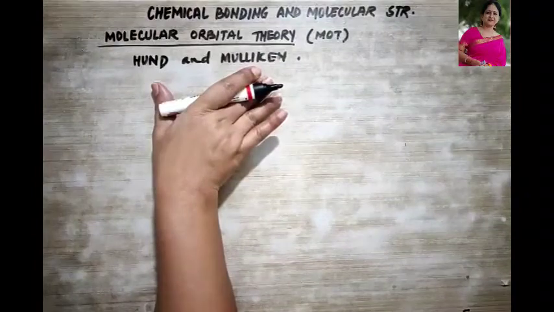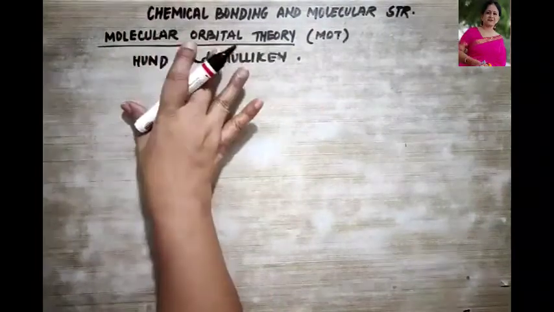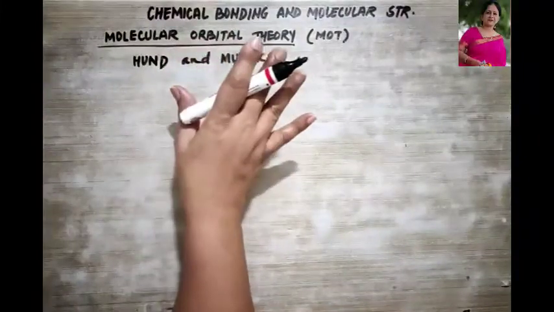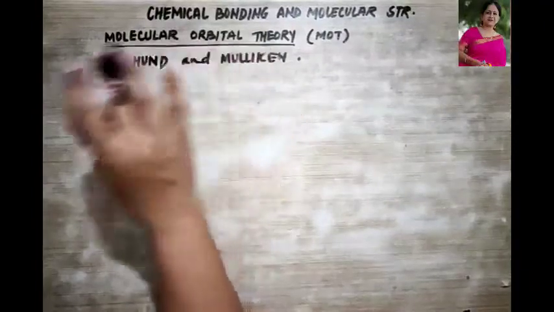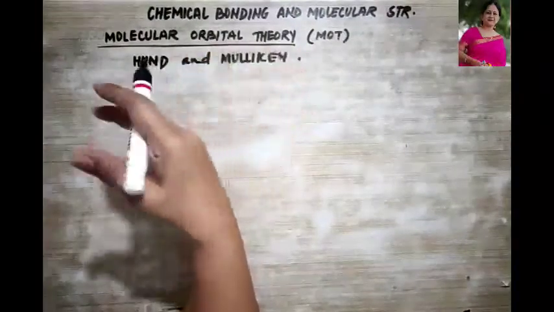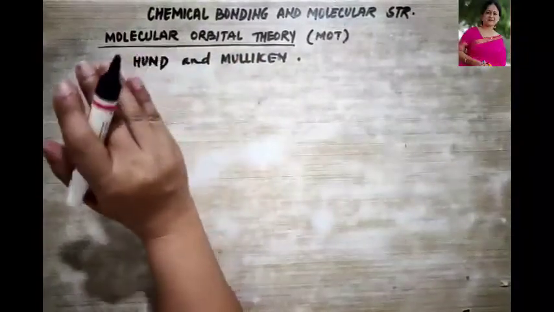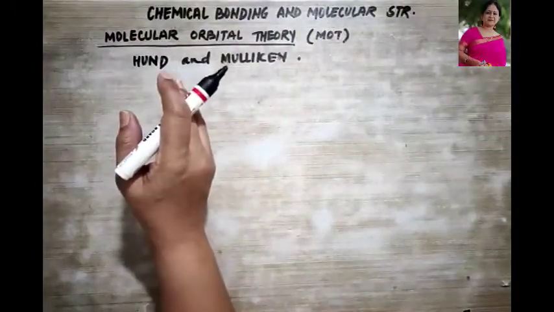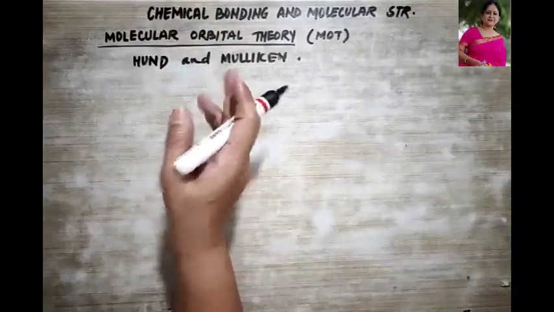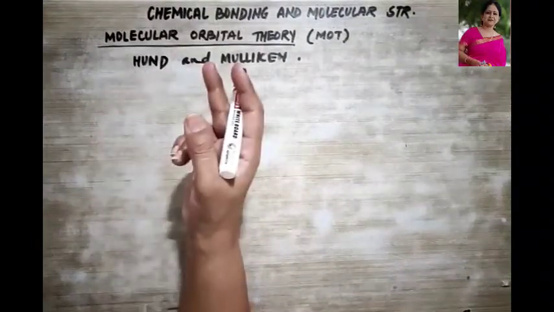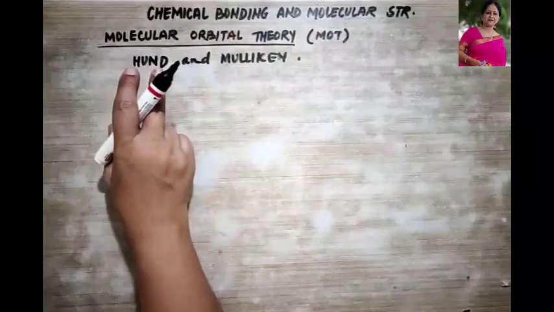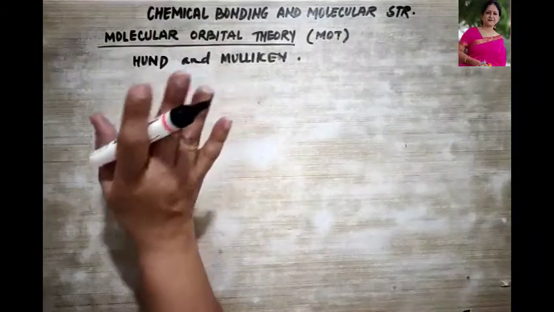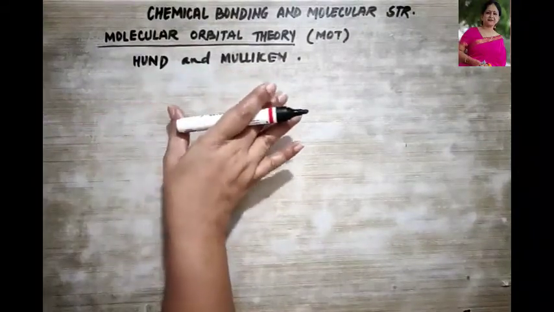So once again, try to understand what I said. What is a molecular orbital? According to this theory, all the atomic orbitals of the atoms that are participating in the formation of a molecule get disturbed when the nuclei approach nearer. So what happens? They all get mixed up and give rise to an equivalent number of new orbitals that belong to the molecule now, and thus they are termed as molecular orbitals. As I told you, these are polycentric as well.